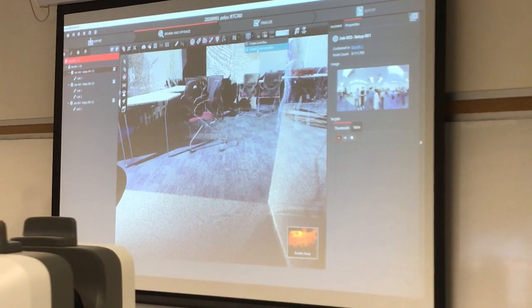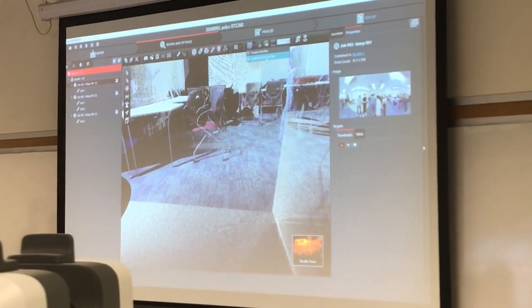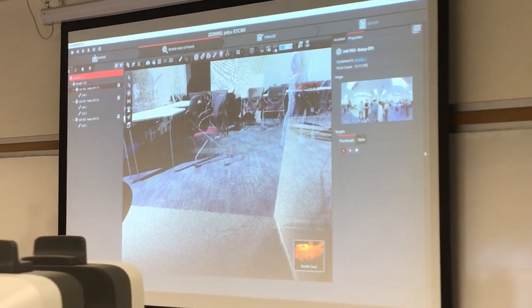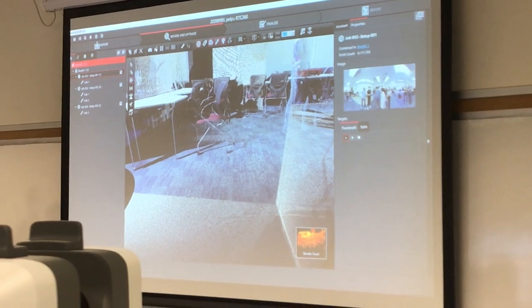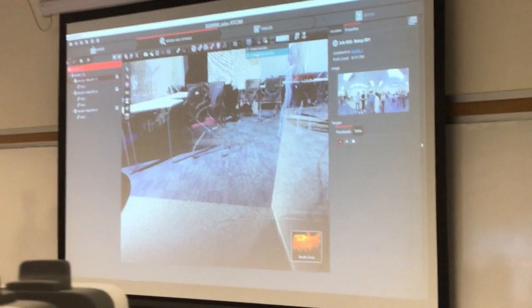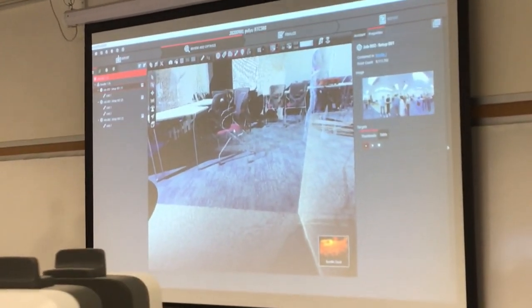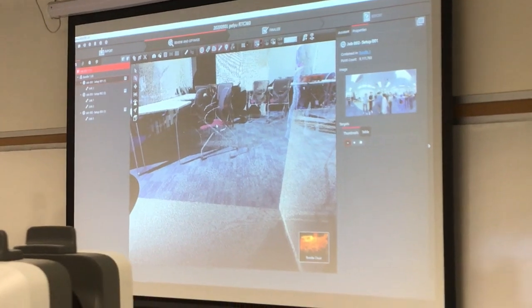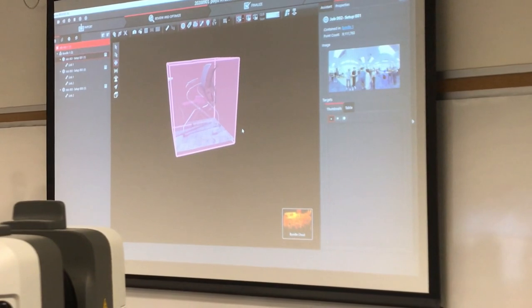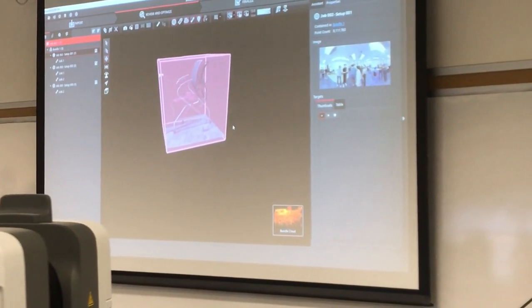Before I press the create quick limit box function, I can decide the size of the limit box here. For example, 1 meter. And I simply press the chair I want to delete, and you can see it now forms a 3D box